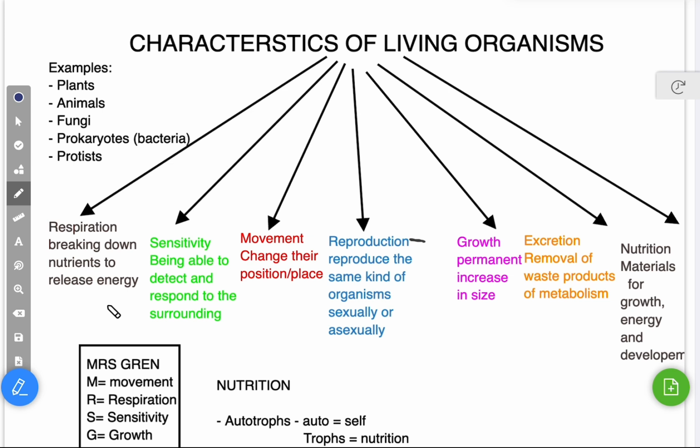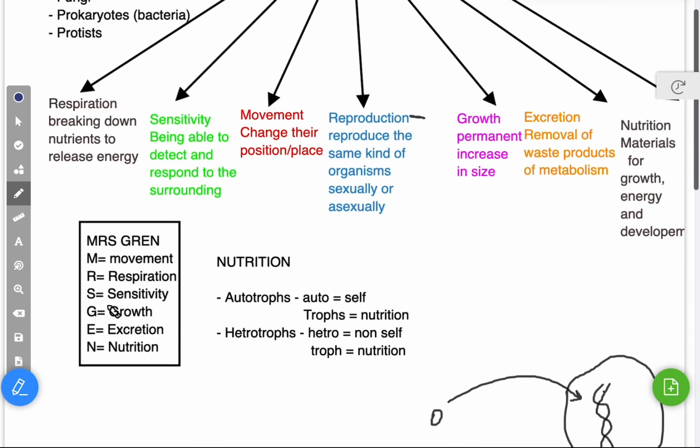increase in size. And then E stands for excretion, which means that they will remove all the waste products of metabolism. And an example for that was carbon dioxide, which is produced by respiration. Also, N stands for nutrition, which is they need energy. And for that, they're going to eat something or they're going to absorb all these products. And then we had examples for these living organisms like plants and animals or fungi or bacteria. Okay, left was